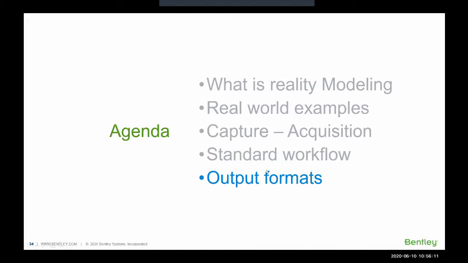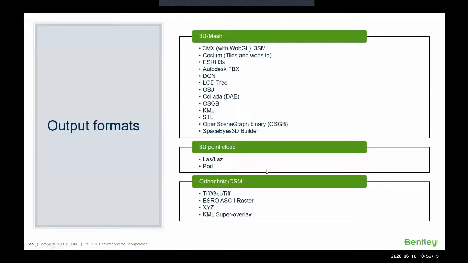The output format, so what we can produce from ContextCapture. Once you have the aerial triangulation, we go to reconstruction and production, and then you can produce different kinds of models. We can produce 3D meshes, point clouds, and orthophotos as output. For the 3D meshes, 3MX is in Bentley format, and also 3SM, and you can also have that as a